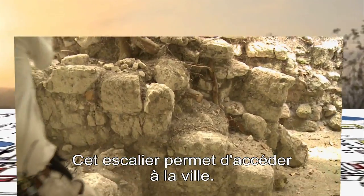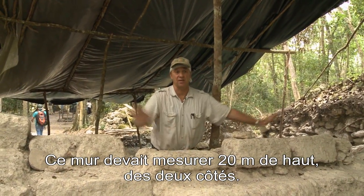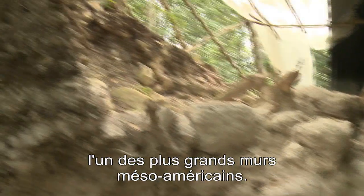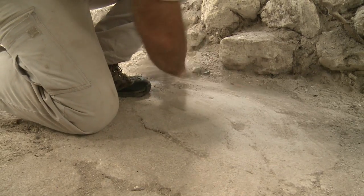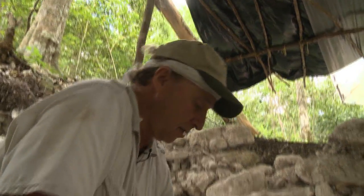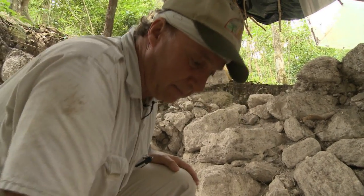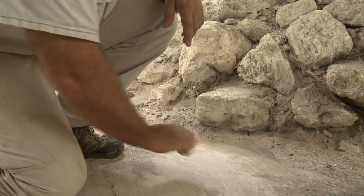This is the stairway for getting in and out of the city. This wall was probably 20 meters high on both sides originally. So a tremendous construction, 4 kilometers long, one of the greatest walls I've ever seen in all of Mesoamerica, but this is one of the accesses to it. That's plaster, that's stucco. All the roads were white paved stucco. Yep. Because it got thicker and thicker and thicker. So this is...